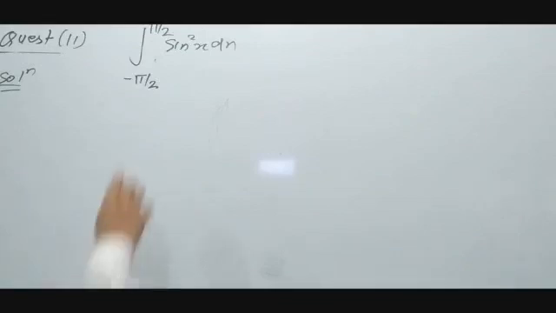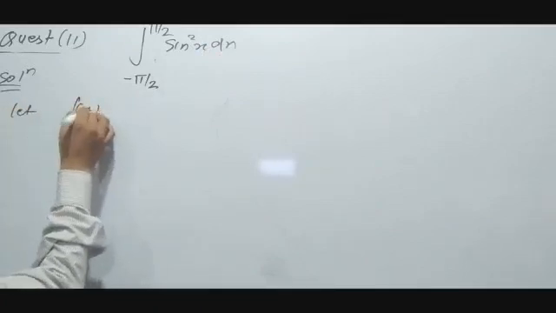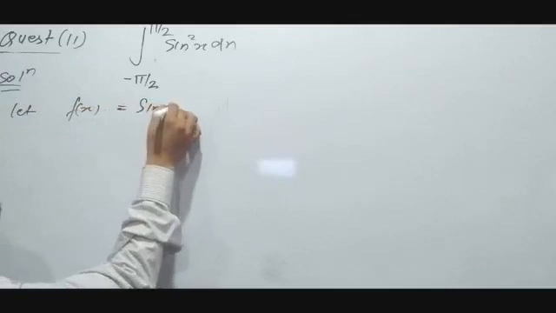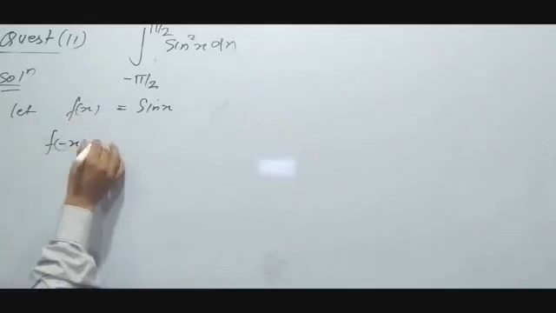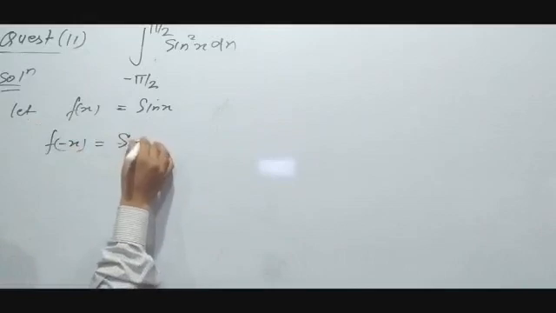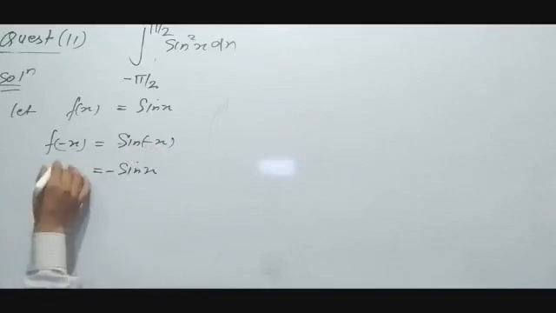So class, first of all I will check what is sin square x function, which type of function is sin square x. So let us consider, first of all, let f of x is equal to sin of x. This implies when you put minus x in place of x, f of minus x will be equal to sin of minus x, and sin of minus theta is minus sin theta. This is f of minus x, and f of x is equal to sin x, or when you square this part, then what will you get as the result?